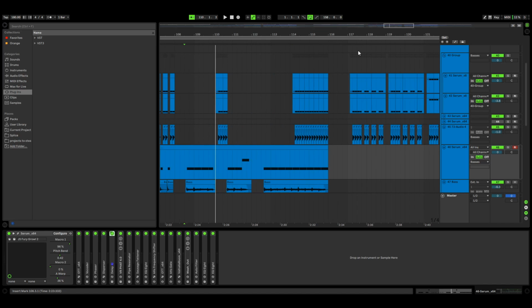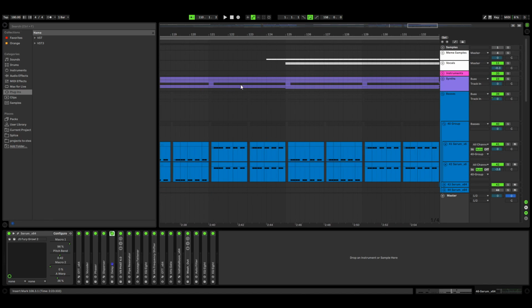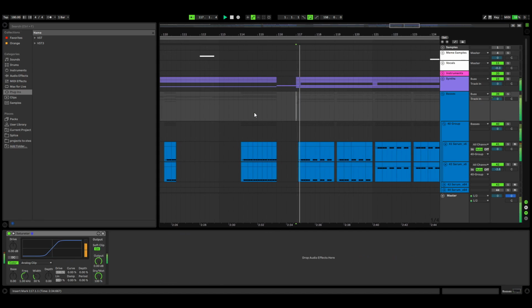And then in the last part of the drop, we have the lead coming in. We have some chords playing in the background.